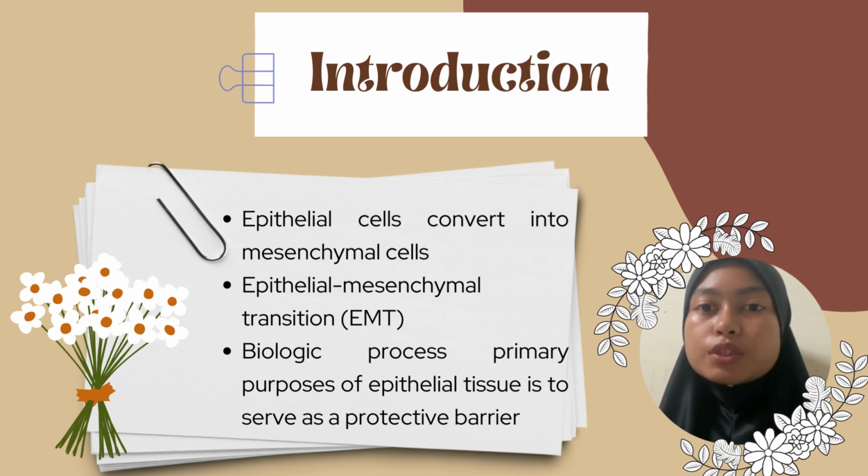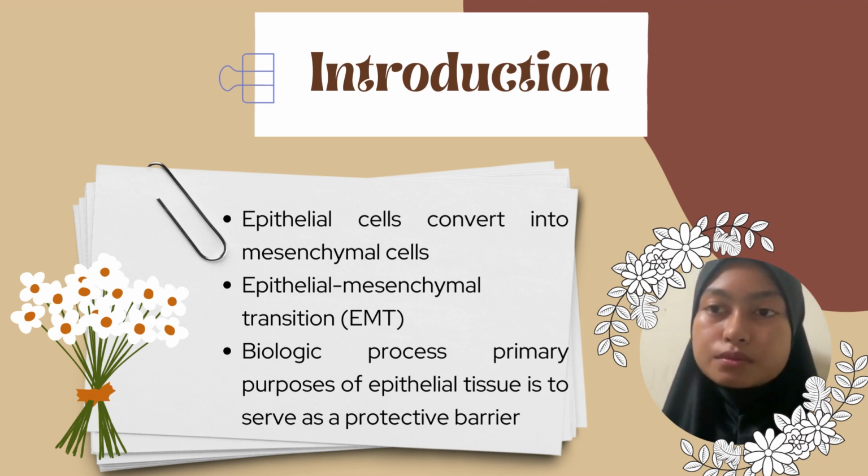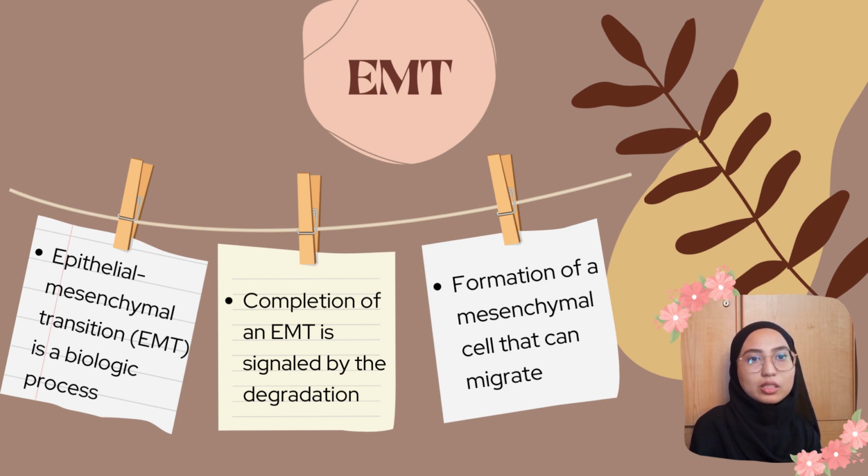For introduction, the process through which epithelial cells convert into mesenchymal cells is known as epithelial to mesenchymal transition (EMT). Epithelial cells produce the epithelial tissue that covers an organism's internal and exterior body surfaces. These are called polarized and create extensive cell-cell adhesions with one another, including adherens junctions and tight junctions. An epithelial mesenchymal transition (EMT) is a biological process that allows a polarized epithelial cell, which normally interacts with the basement